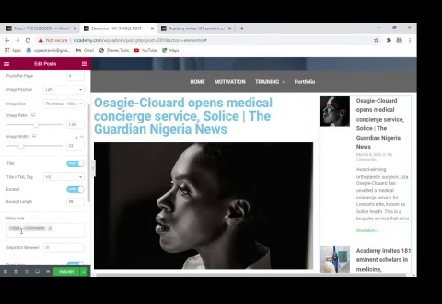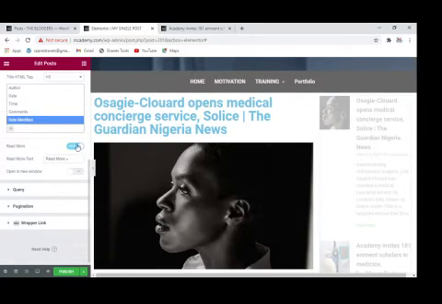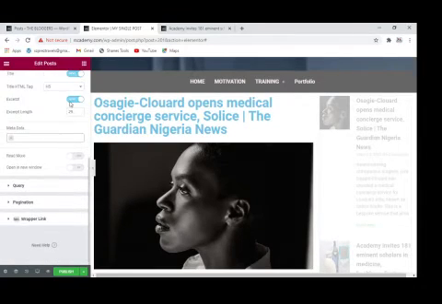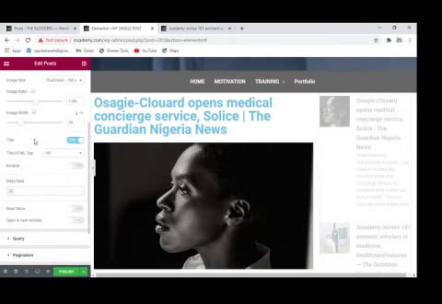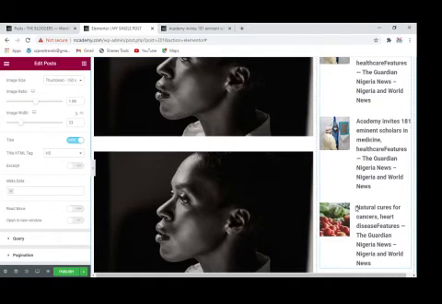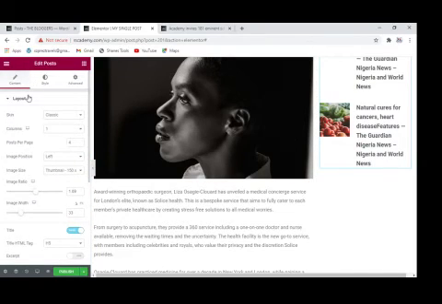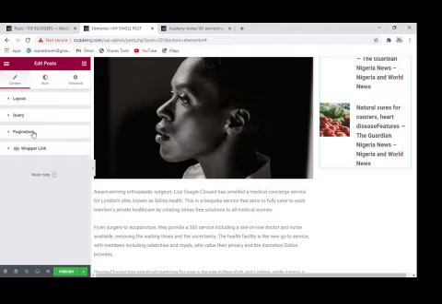Meta, do I want to show all these things? No. Read more, I don't need it. Excerpt, I don't need it. It's only title that I need. You can see that it is what we did the other time, but using this one is in an advanced way than the second one. That's why you will continue to do it, and also do your